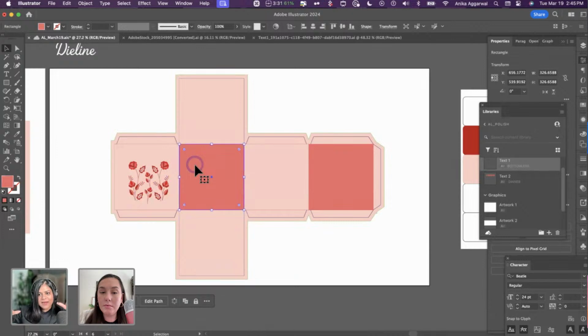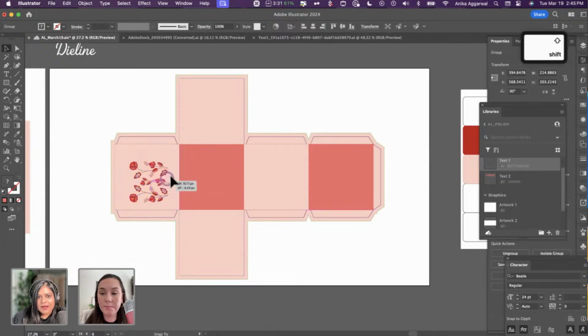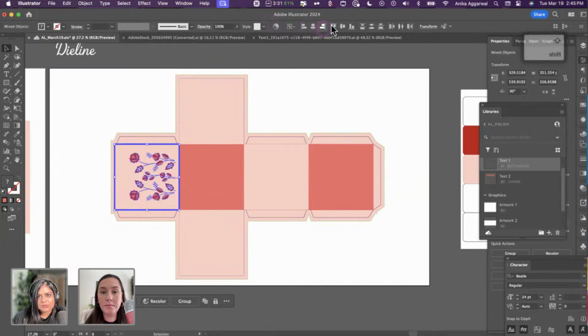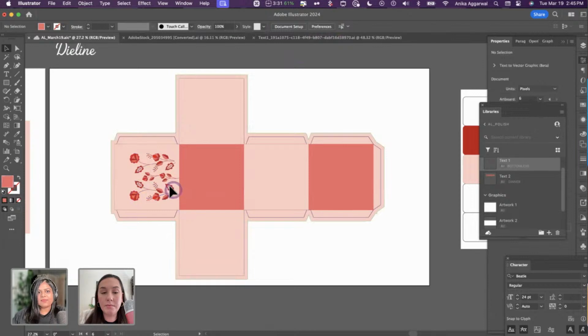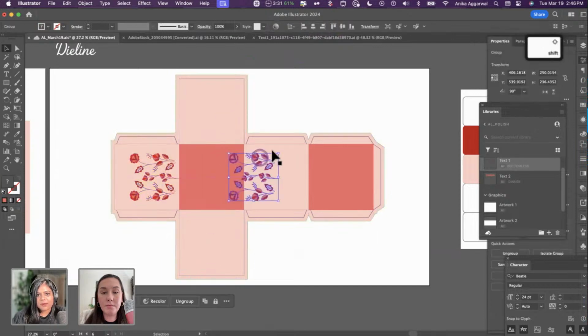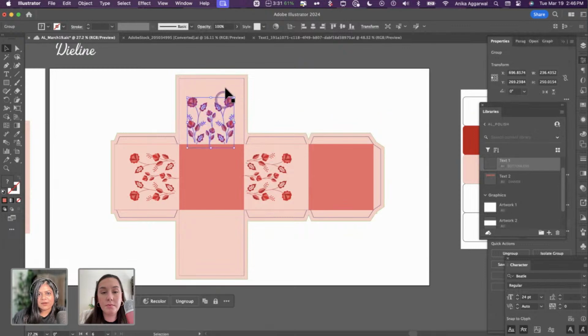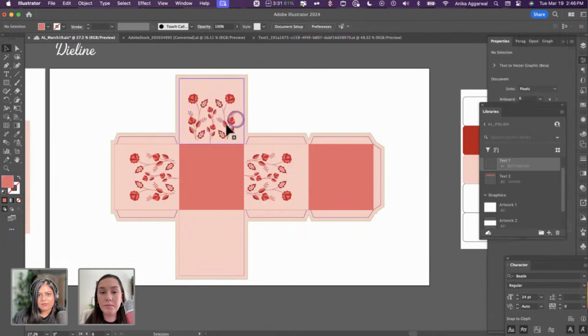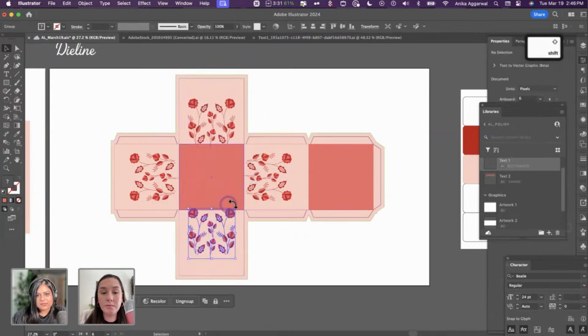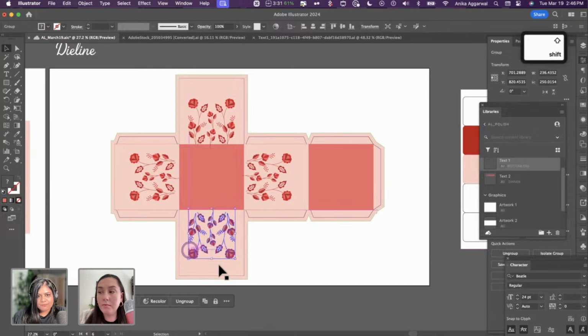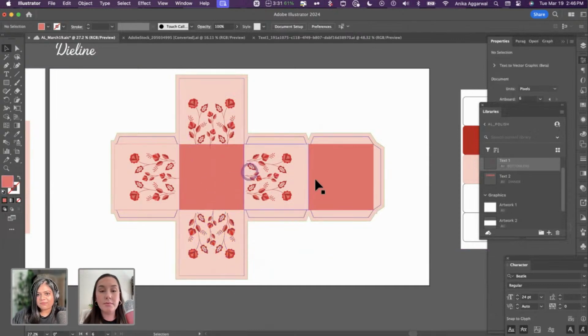So if this is laid down flat and you fold it up, I almost want this to be in this direction, like so. So I have this here. I'm going to make it slightly bigger, like so. And then I'm going to align it to the base of it, which is center. And then similarly for this, I'm going to bring it up here and rotate it by 90 degrees and bring it down here, like so. And then for this, I'm going to bring it like this. Rotate it. Obviously, I want to cut some of these things, but I can do that in the final design. And then I have this here, bring it back up. And so these are the four sides that I have. And then on top, it can be just some text that says thank you.